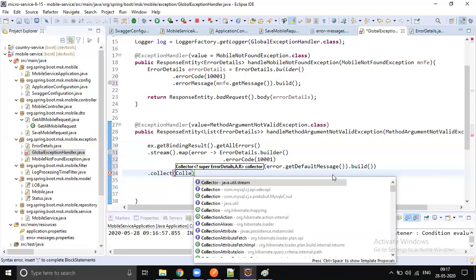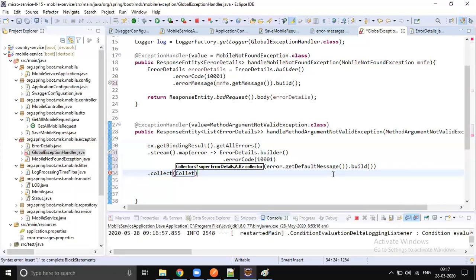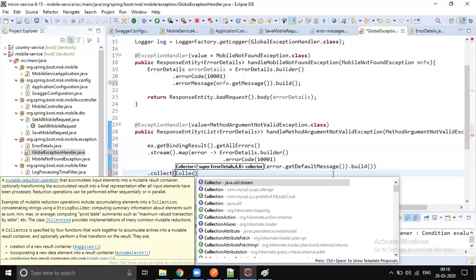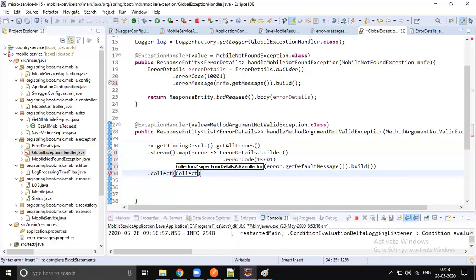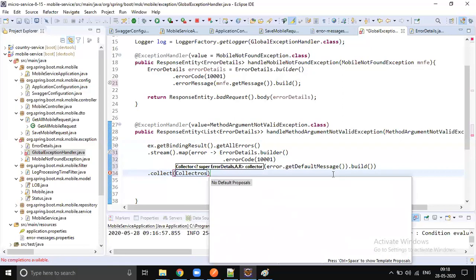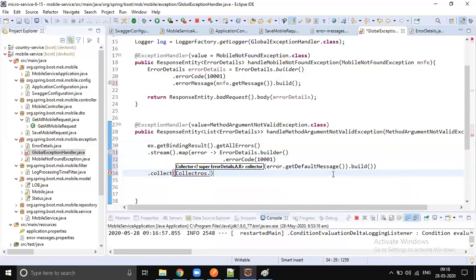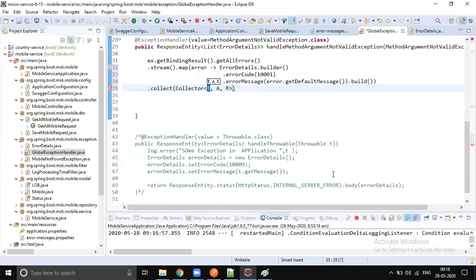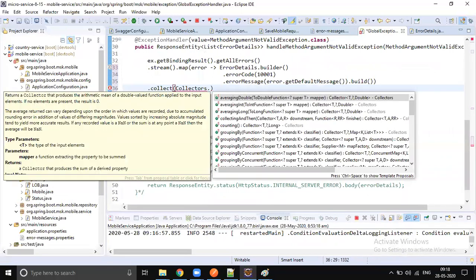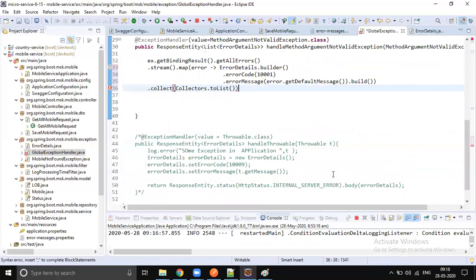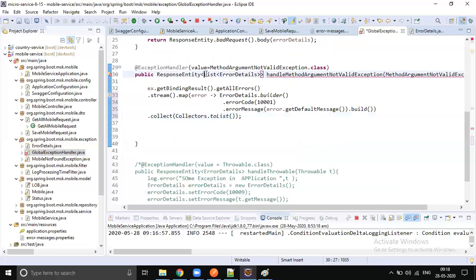Now let's come back and say Collectors.toList(). Finally, we are going to get a list of error details.